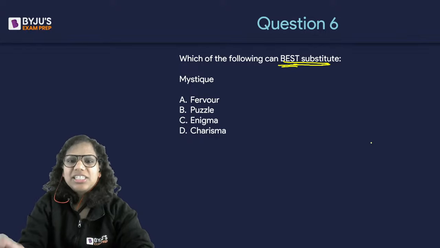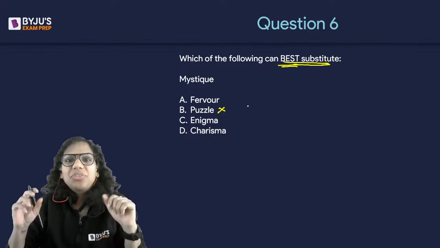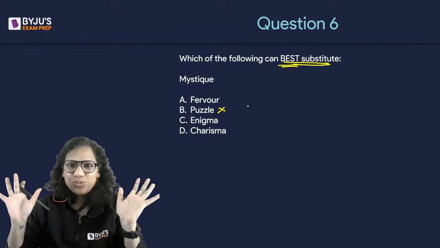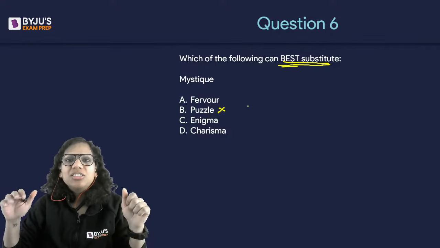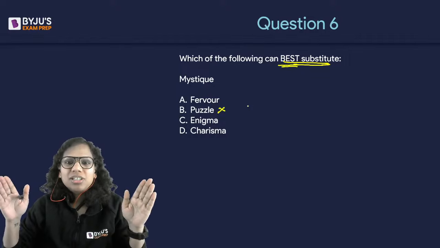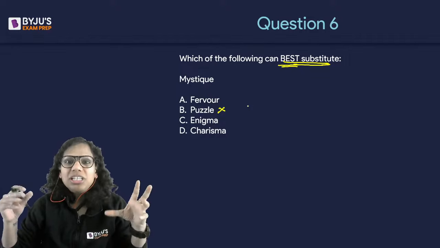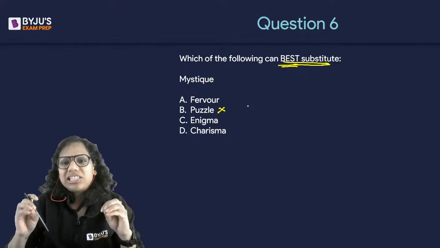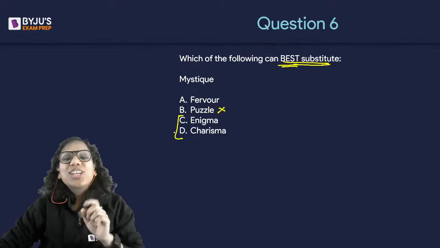Yes. So mystique is not a puzzle, right? The mystique associated with something is a sort of mystery that makes it fascinating for you. That is the mystique associated with something, right? So if I say the mystique associated with, let's say, artificial intelligence, right? That means the mystery that makes it so fascinating for users. That is mystique. So it could be C or D, but out of these also there is one that is